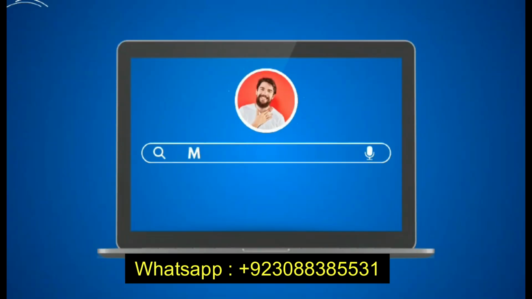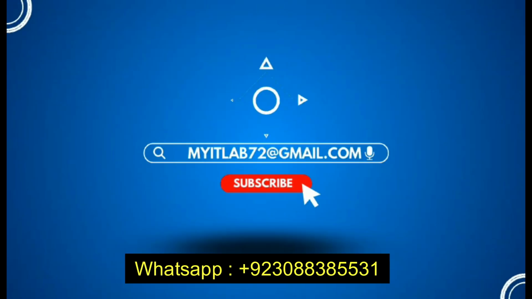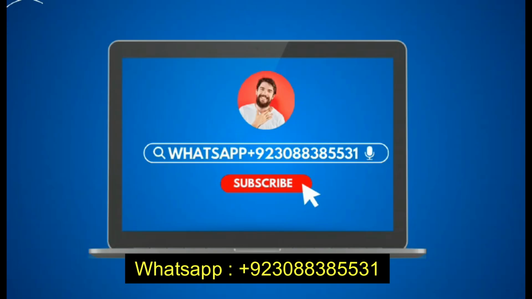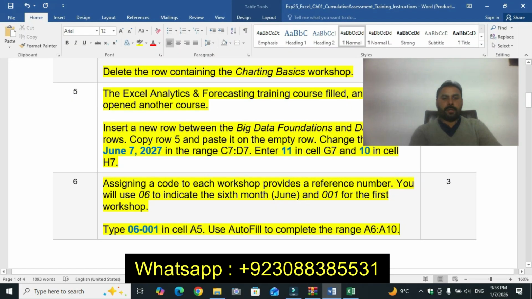You will use 06 to indicate the 6th month, June, and 001 for the first workshop. Type 06-001 in cell A5. Use AutoFill to complete the range A6 to A10.